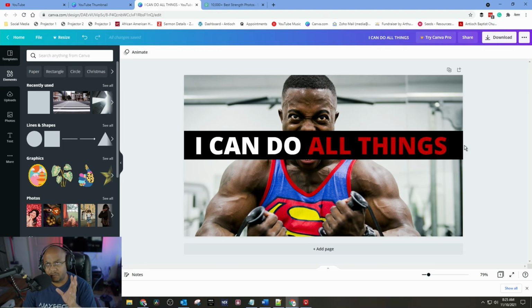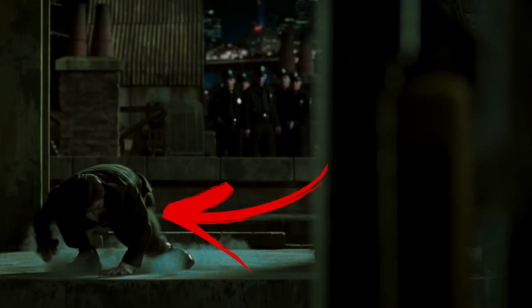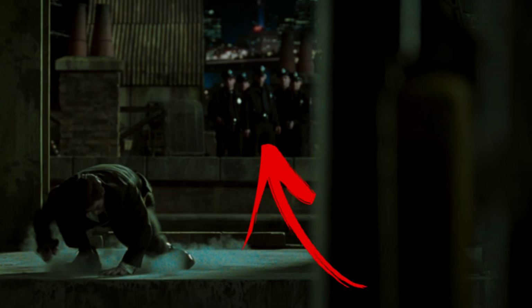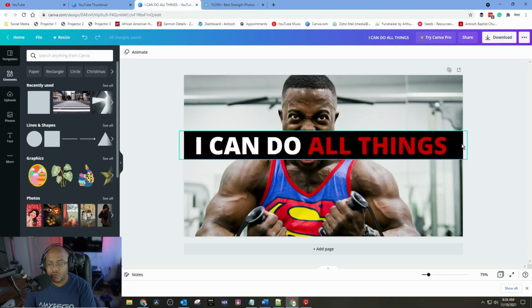Oh, and another tip with this, and you'll see this in movies, and I don't know why I forgot mentioning this. In movies or TV, once I say this, you're going to notice this. Again, the human eye goes towards what is in focus and not out of focus. If you're watching a movie and they want to draw your attention to a certain subject or an item, they put that in focus and make everything else out of focus. So that's another way you can draw attention to what your subject is. And that's what I'm going to do here as well.